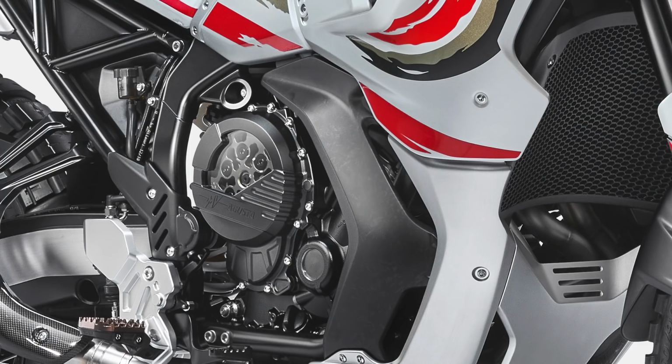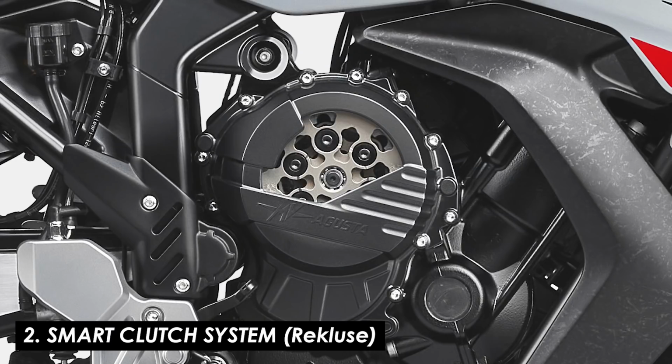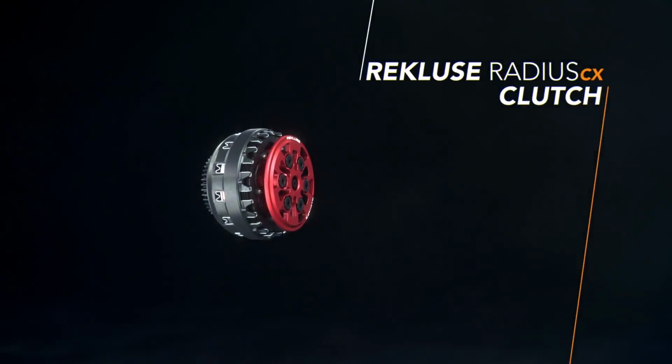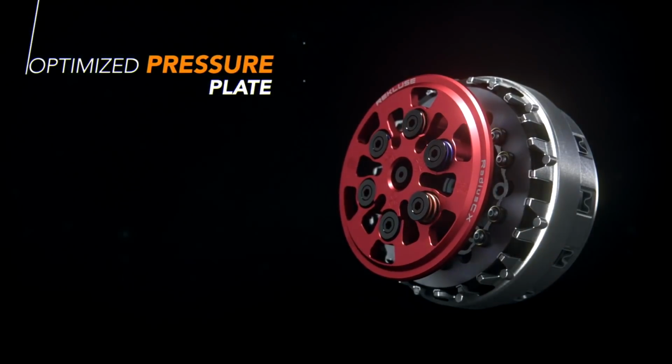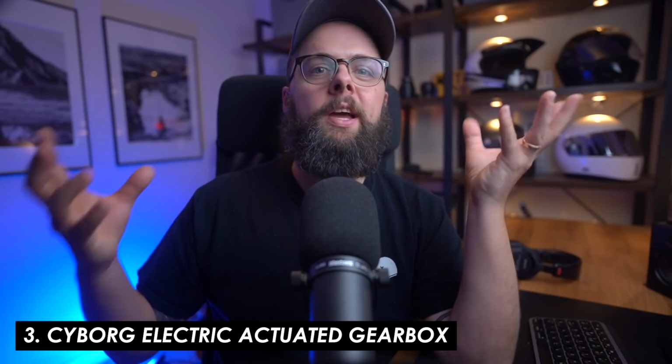So you've got a normal regular hydraulic clutch with the usual shifter peg, and then as with many other MV Agustas, the second option would be a Rekluse clutch. So that engages automatically as you twist the throttle, and then you've still got a clutch lever and shifter peg to use, and you can just feather the clutch when you need it. Both of those will be offered with a quick shifter, but the third main option is what they're calling a